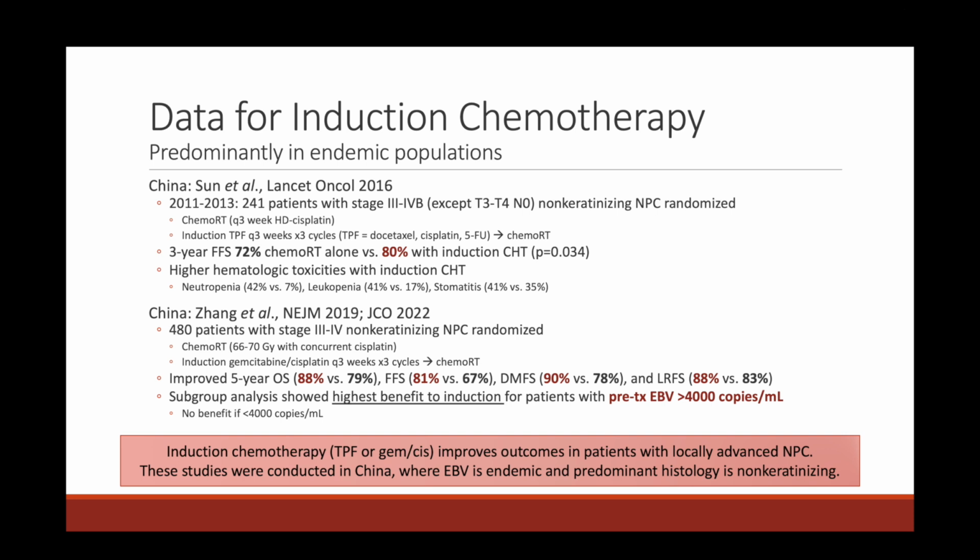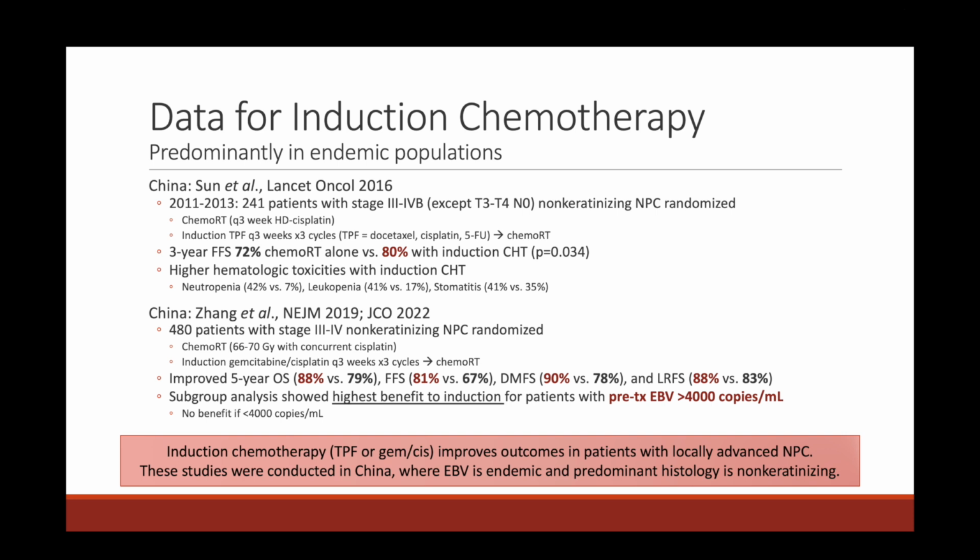And on subgroup analysis, they found that the greatest benefit to induction chemotherapy was seen in patients that had a pre-treatment EBV titer of greater than 4,000 copies per milliliter. So remember we talked about that 4,000 cutoff earlier, and the greatest benefit to induction gemcitabine cisplatin was seen with